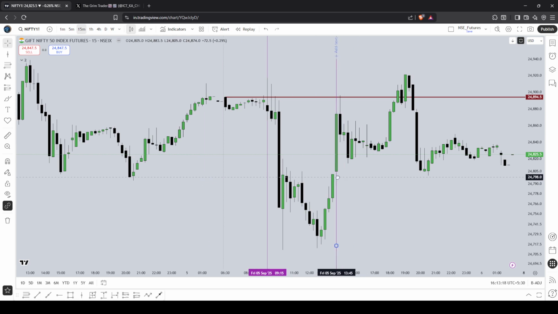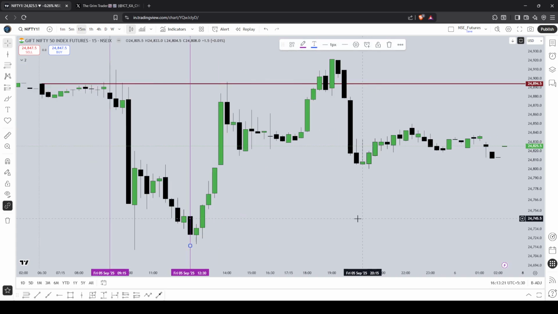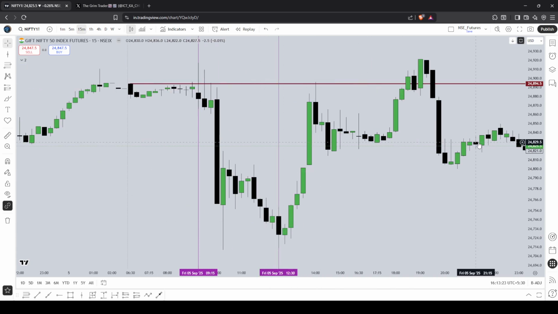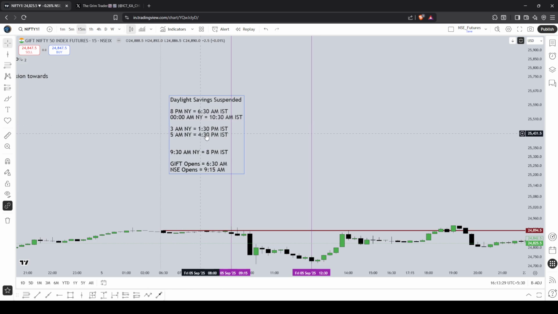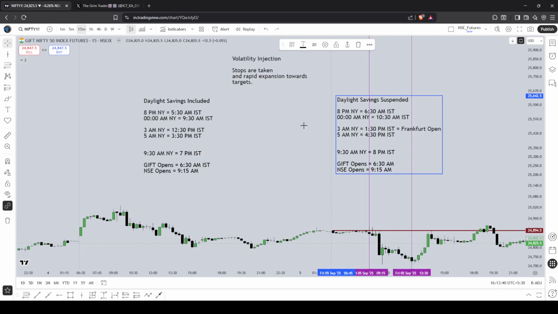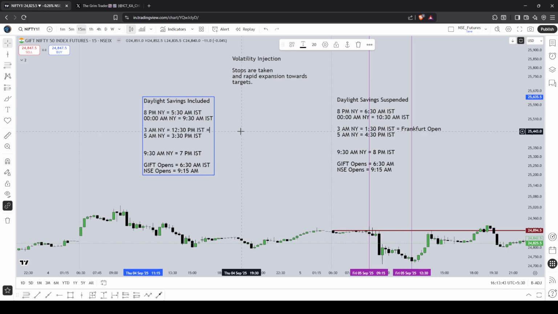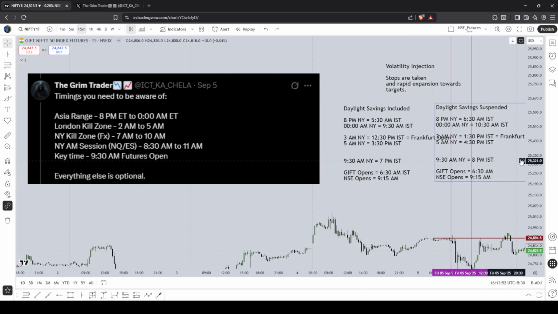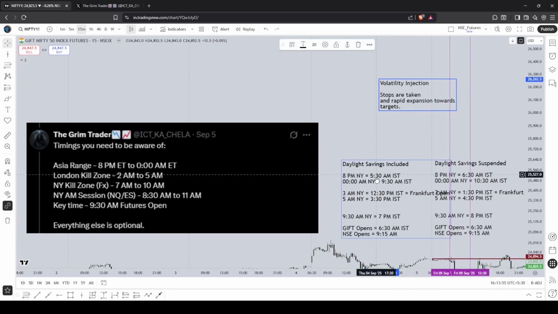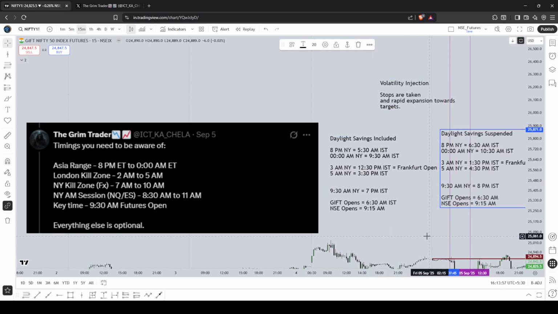This is not important, but currently you need to look at 12:30 India time, which is 3 a.m. New York time. What was 3 a.m. New York time? It's not mentioned here, but this is Frankfurt Open. This is going to be another volatility injection. Whenever the markets open somewhere,